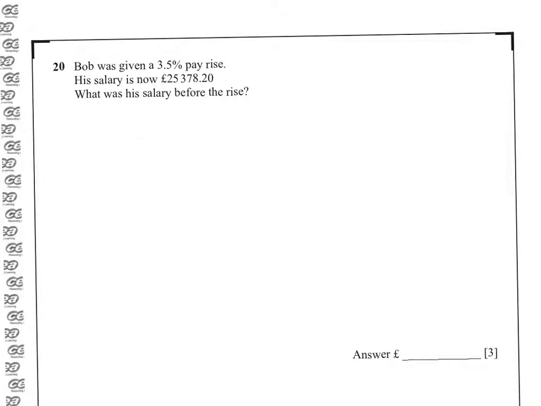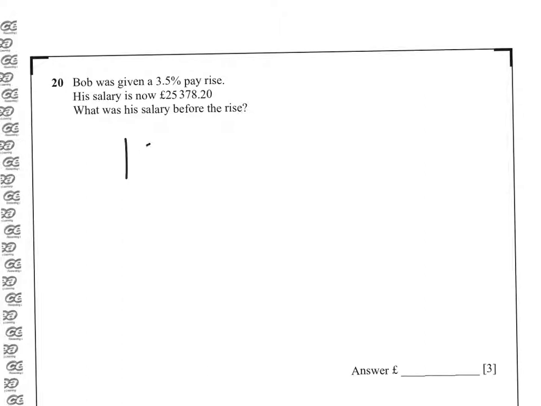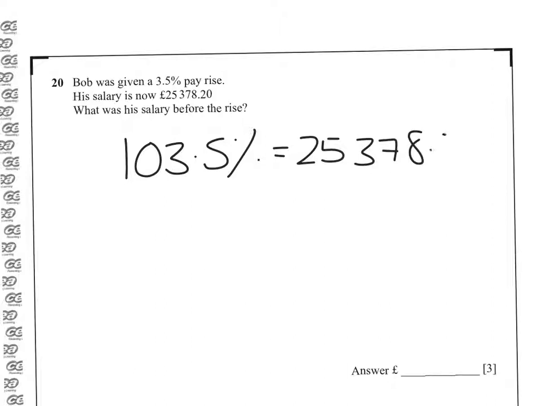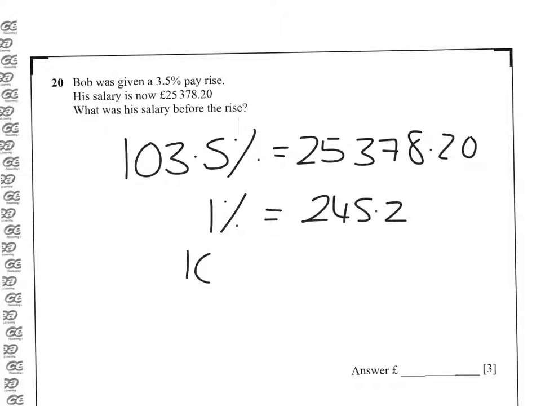If Bob was given a 3.5% pay rise, that means his new salary is 103.5%. We're going to work out 1% by dividing £25,378.20 by 103.5, and that gives us 245.2, which means 100%, the original salary,